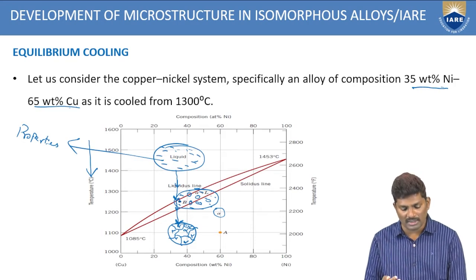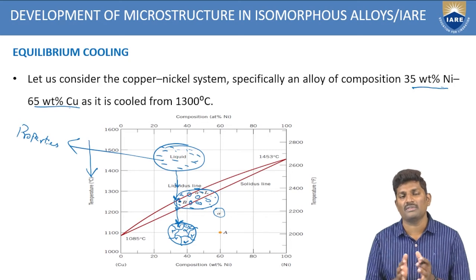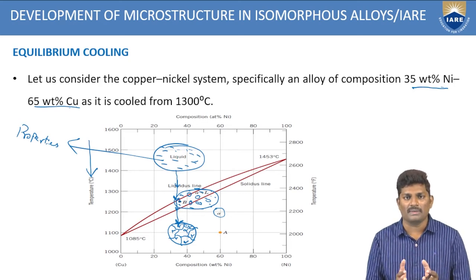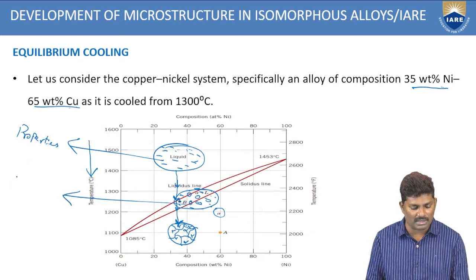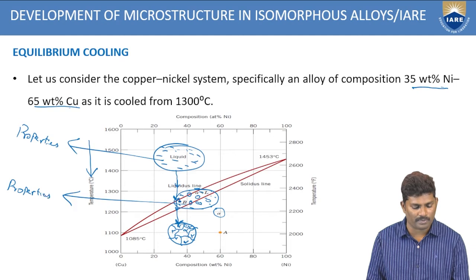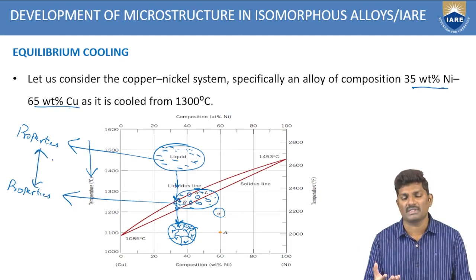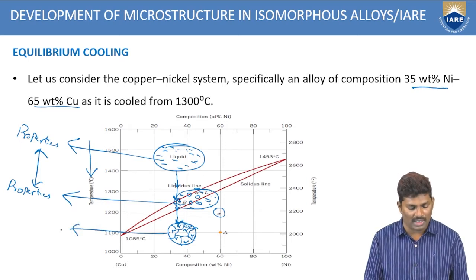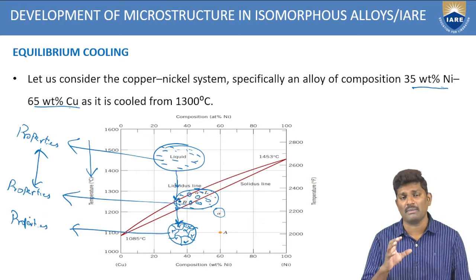And coming slowly to point B, what is happening here? There is a combination of liquid as well as solid. And here also, if you compare the properties, both of these will have different properties when you compare the physical as well as the mechanical properties. So here again you have different types of properties, though it is the same composition,